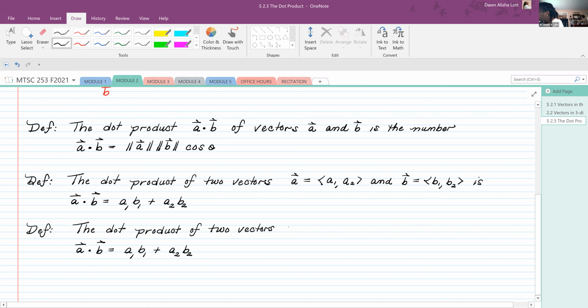But I'm gonna change A to be a three-dimensional vector, A1, A2, and A3, and B to be B1, B2, and B3 is, and now I'm going to have a third part, A3,